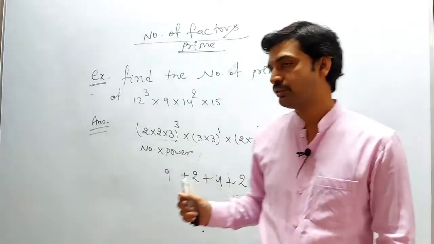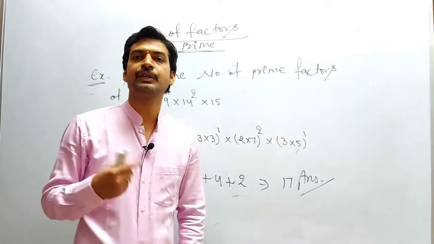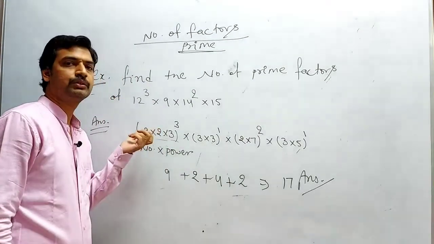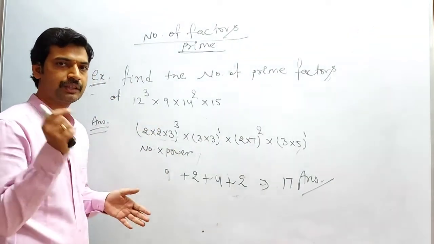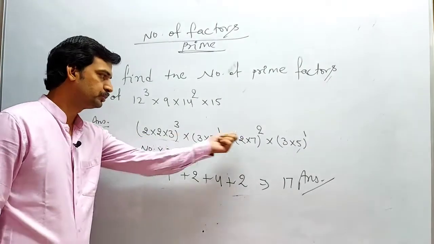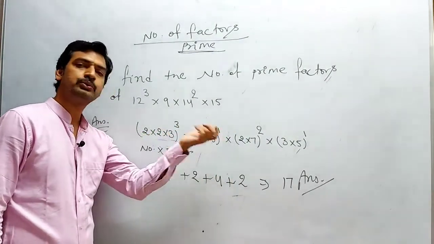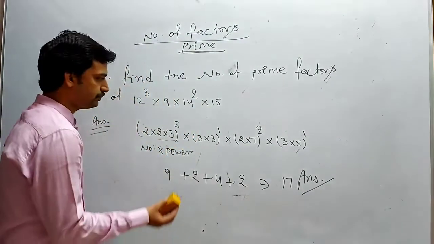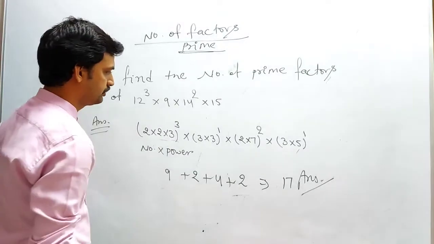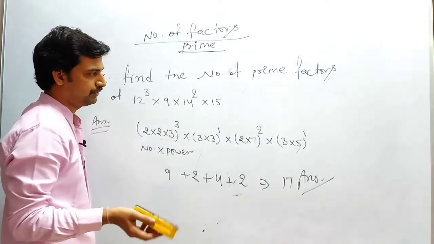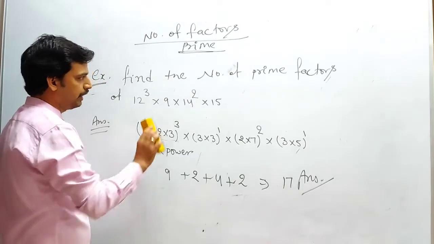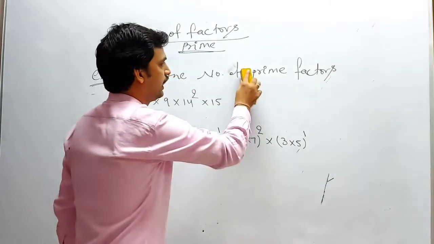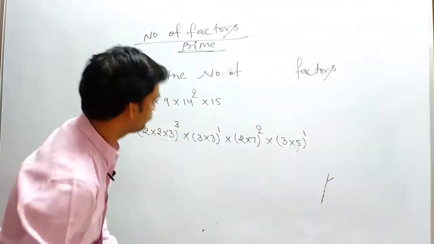Number of factors, because in number of factors you need to increase every power by 1. But you cannot say 2 raised to 3, 2 raised to 3, because you need to collect the same base in one power. Like 2, 2, 2. You need to collect all these 2 all together. So 2's power would be different. In this one, in place of prime factors, we can find out the factors also, right? So I'm just changing the question only. I'm just saying the number of factors, right?